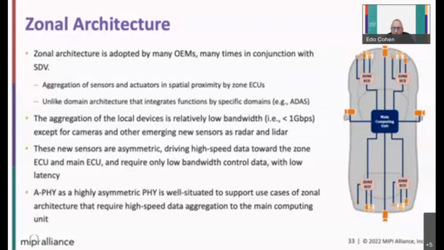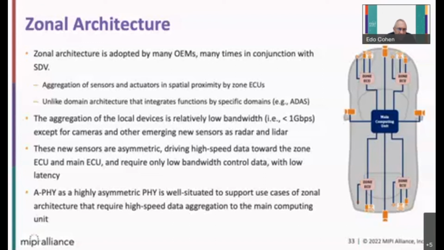So how we are looking at how these new features are actually helping with this new architecture. Zonal architecture is currently considered a leading approach for the future of automotive advanced systems, and it's driven by multiple considerations such as harness structure, processing capability, power distribution, and more. At the heart of this approach is the main computing unit that is here described in dark blue in the